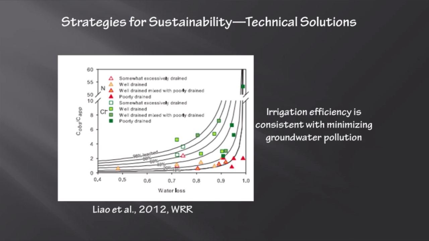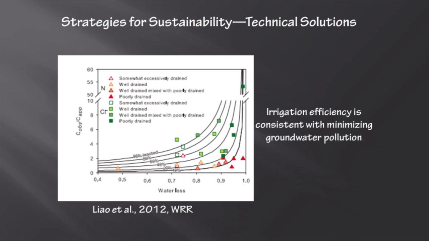And what this plot is showing is that each of those curves represents decreases in the amount of irrigation. And as you step down along those curves, you see the observed concentration, the mass loading of the aquifer, is reduced significantly. And overlying on that are measurements in groundwater. So this is consistent with the empirical evidence. And in addition to that, what it also shows is that as you apply less fertilizer, you're also reducing significantly the amount of pollution to the aquifer. So two big factors: reduce fertilizer and reduce irrigation amounts.